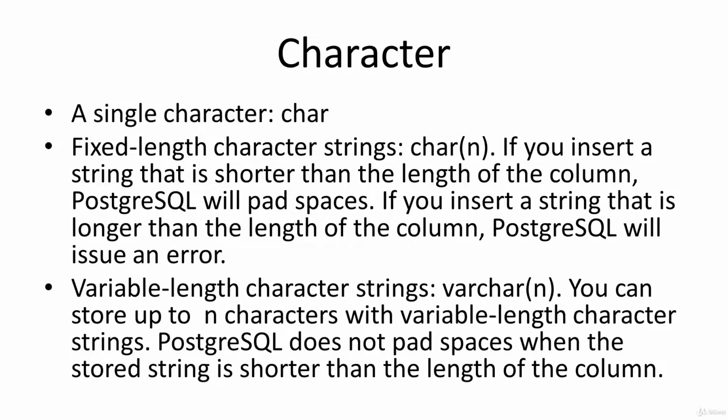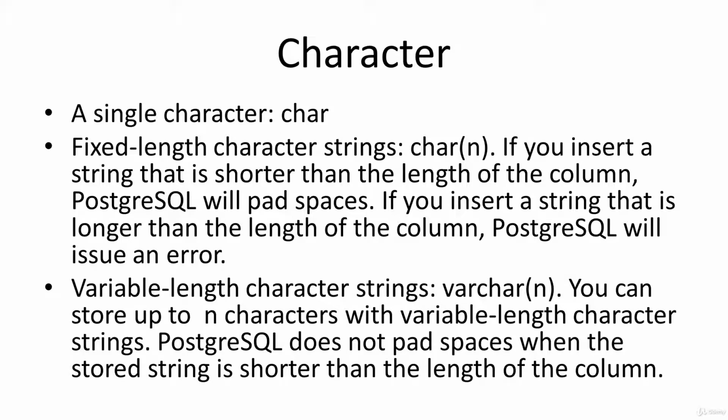For variable length character strings, you can store up to n characters of variable length. So n is just the limit, and in that case, PostgreSQL is not going to pad spaces. So variable length character strings are really useful for people's names, where you don't know how long they're going to be, but you will set some limit so someone can't just write in a name of thousands of letters long. So you can go ahead and revisit the customer column and check out the variable character names for their first